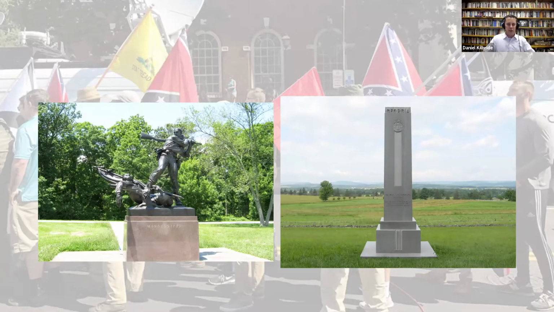So here are two of these memorials in Gettysburg. You see on the left-hand side, the Mississippi Memorial. The guy swinging the gun is not hitting the guy on the ground. He's actually protecting him, protecting the flag bearer. And of course the Georgia State Memorial on the right. I don't have a count of these, but there are a lot of Confederate memorials. Some are state memorials, some are particular regimental memorials.